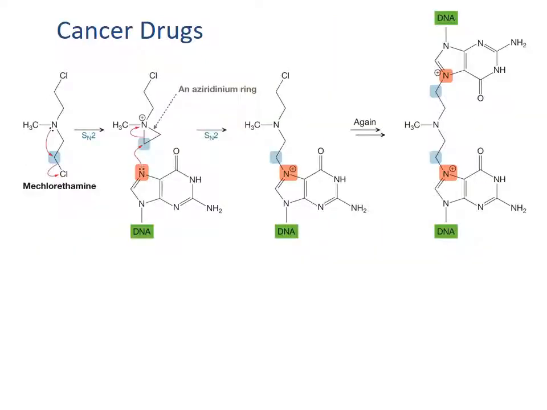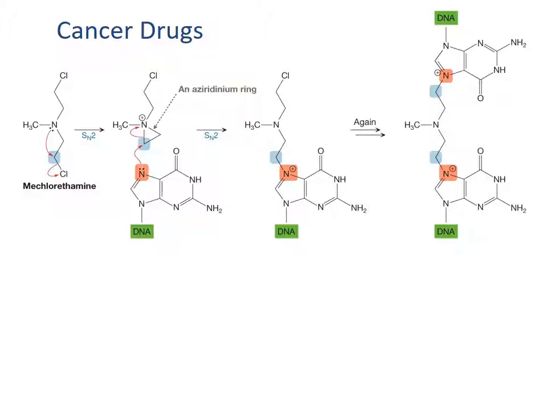Epoxides aren't the only three-membered cycles formed through an SN2 intramolecular reaction. The cancer drug mechlorethamine will form a three-membered nitrogen ring called an aziridinium ring through an intramolecular SN2 reaction similar to the formation of an epoxide. This aziridinium is now both strained and has a good leaving group and can easily alkylate DNA. Since the reaction can happen on both sides of the molecule, mechlorethamine will link strands of DNA together, which prevents